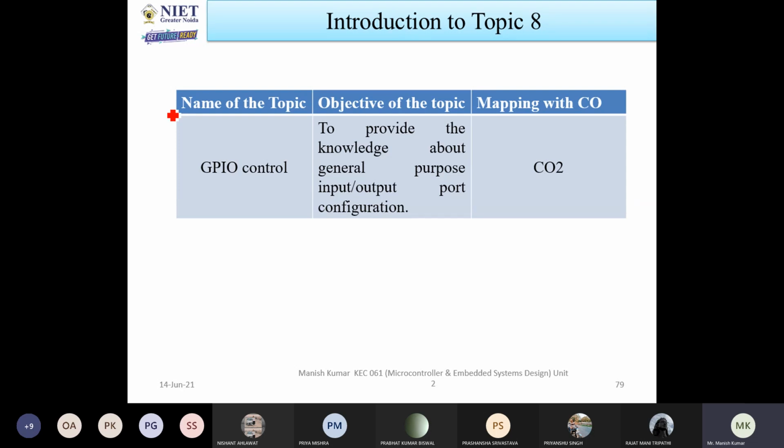So now I will discuss the GPIO controls. GPIO is called general purpose input output control. So all of you know that a microcontroller is there. In this microcontroller, several pins are there. With the help of several pins, you are going to configure this pin as an input device or output device. Okay. Some pins are also available which have special functions. So let us discuss in 1 or 2 slides what is the GPIO and what is the use of this. Okay. How can you control this type of pins?